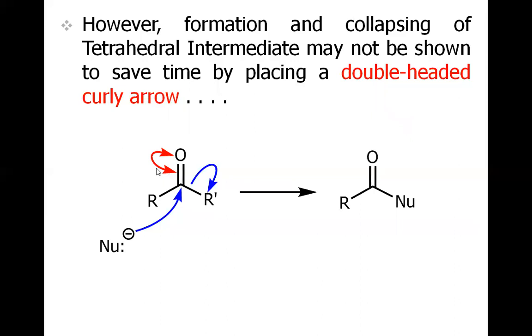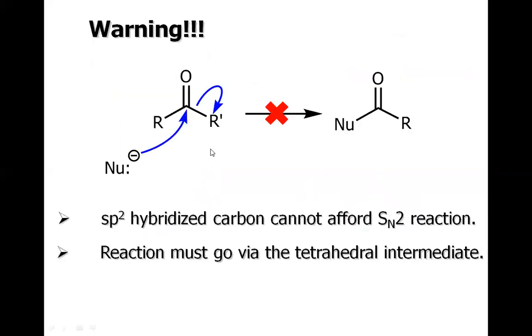If we put this red arrow, remember, putting the red arrow is very necessary. If you do not put the red arrow and only show the blue arrows, this will be a wrong reaction. So this red arrow means we have basically saved two steps: one is the formation of the tetrahedral intermediate, and the other is the collapsing of the tetrahedral intermediate. So now you have two options to show the nucleophilic attack on the carbonyl carbon and making the group leave the system: either show the tetrahedral intermediate in one step and then collapse it, or just put this red arrow, but never do like this.